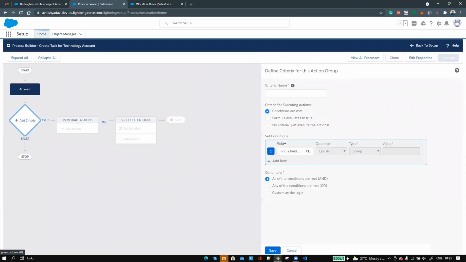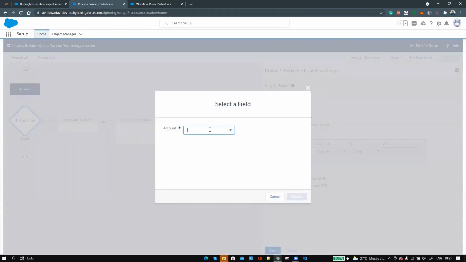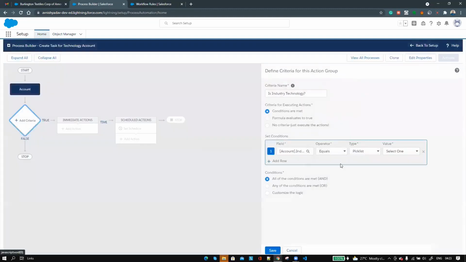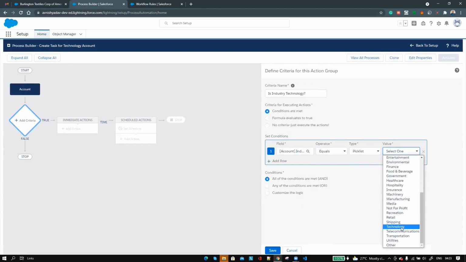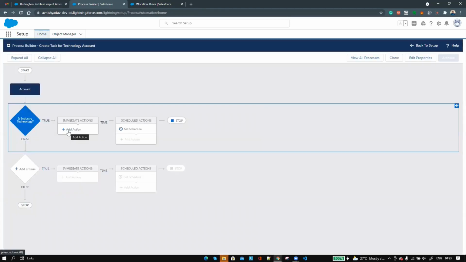Let's add a criteria, industry is technology. Let's add a condition to be industry. Click on the choose equals, select technology, choose the condition as and, click on the save, click on the